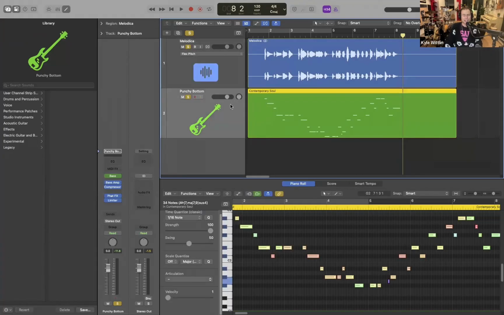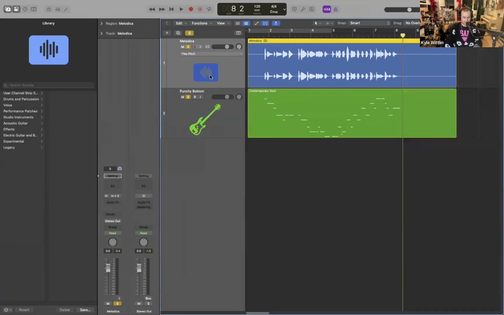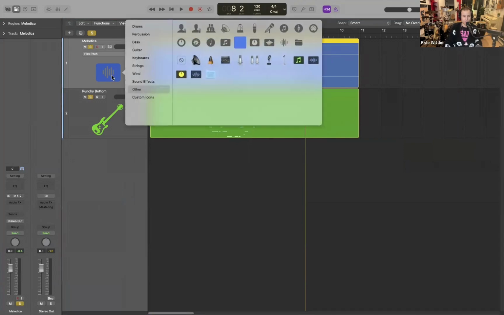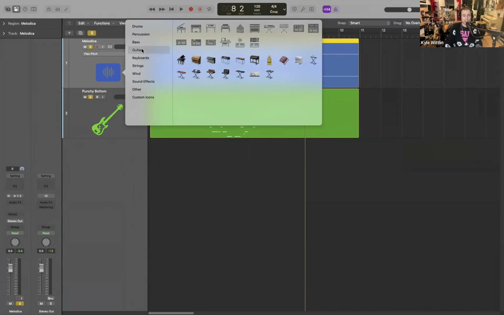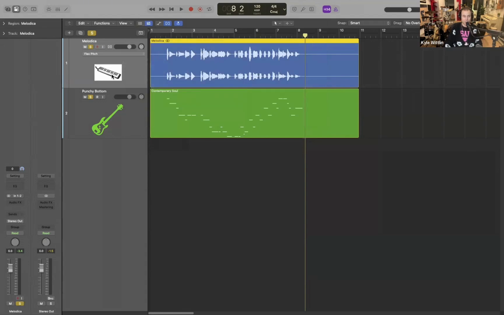Guys, one more thing I wanted to throw in, a little extra tip. You can get in here and change the icon of the track you're working with if you want to stay extra organized. So this little blue default, if I right-click it or control-click it, we can load in all these other pictures. In fact, we can go to custom icons, and then with the plus button, we can import our own graphic image. Now, I've already got a melodica in here, so I'm going to assign this little melodica image